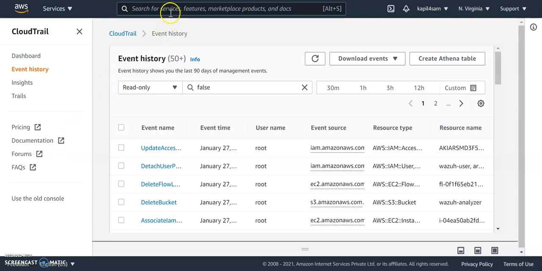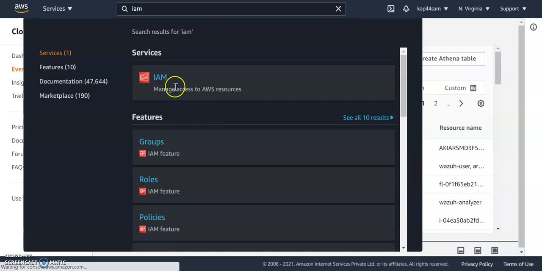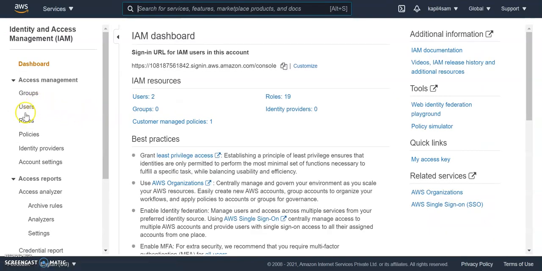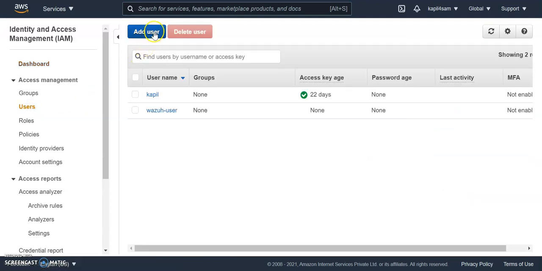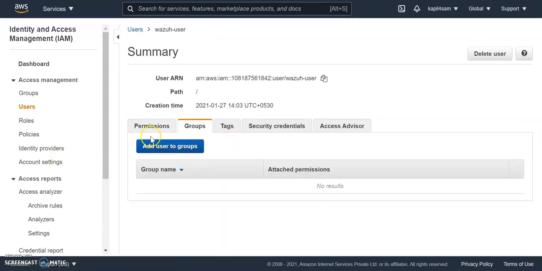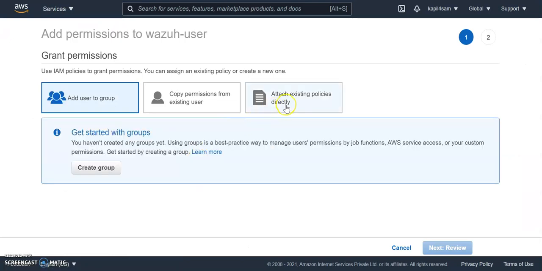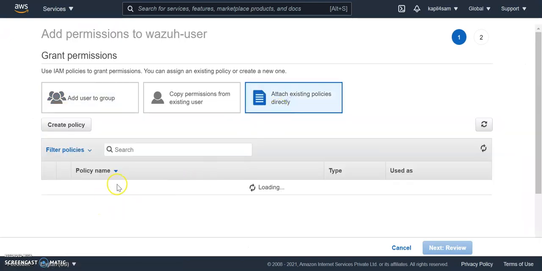Once we are done with this, the next step is to go to IAM. You can go to users and create one user. I have already created one user, the Wazoo user. You can see I have not attached any permission and have not given any group, so it is just a user. Then you can go to roles, or go to permissions directly and attach permissions here,